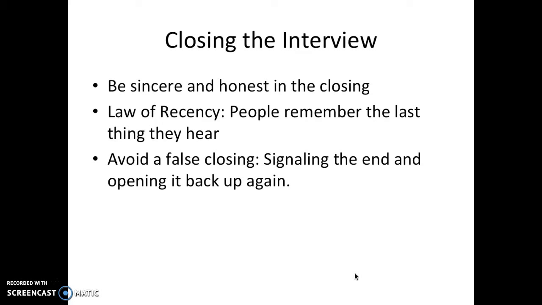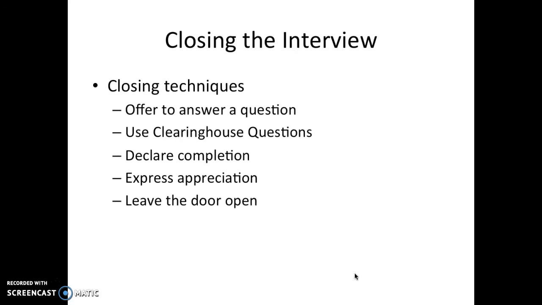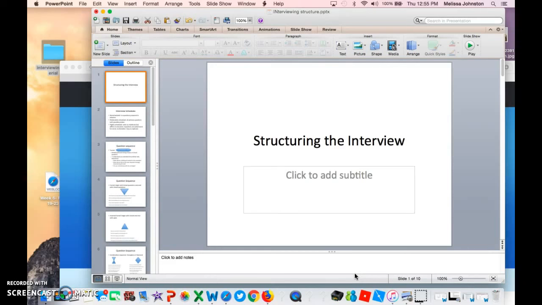Thank you so much for being with me. I've enjoyed talking with you. This is very helpful. All of those things affirm the interview that you just completed. And again, don't signal the end of the interview and then open it back up again for more questions. Closing techniques are listed in that PDF that I gave you. A clearinghouse question: is there something I haven't covered that you'd like to discuss? Let them know the interview has ended, and then leave the door open for future conversation. Can I contact you again if I may have questions or want to talk at a future date? Okay, so this is just some basic